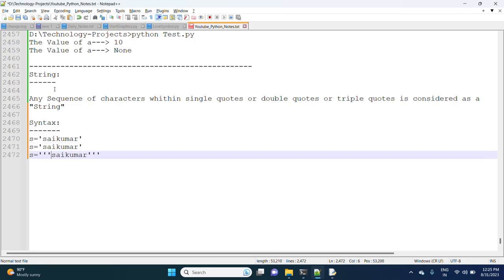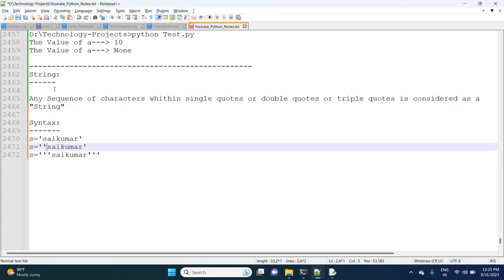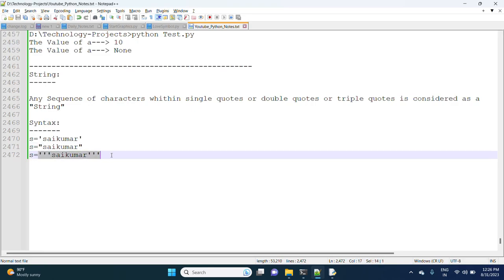This way we can represent strings. So a string is nothing but any sequence of characters within single quotes or double quotes or triple quotes.